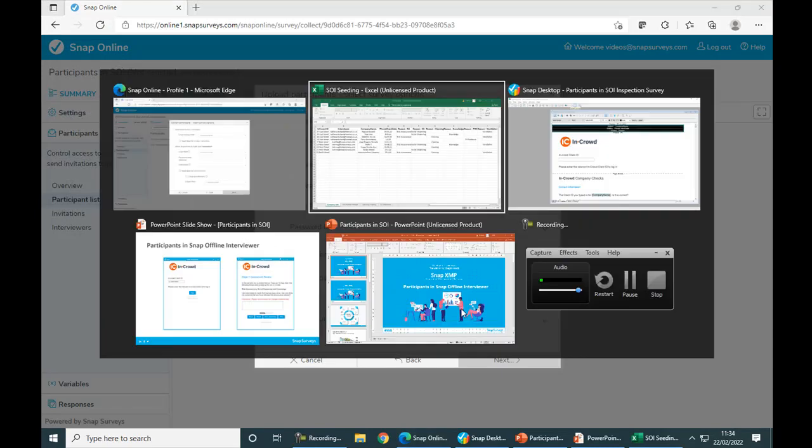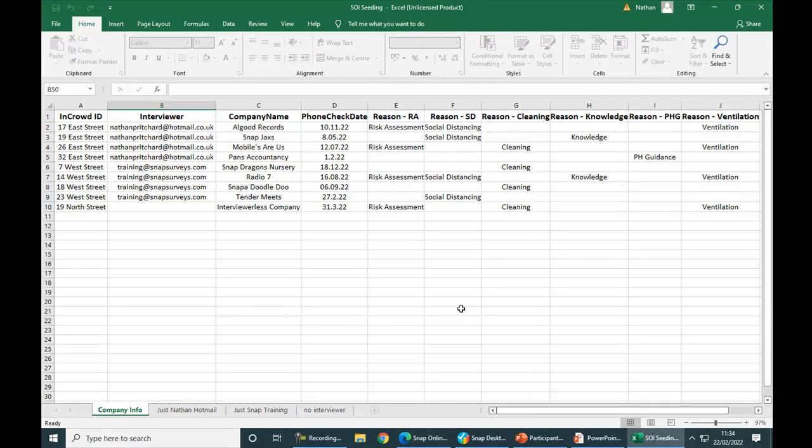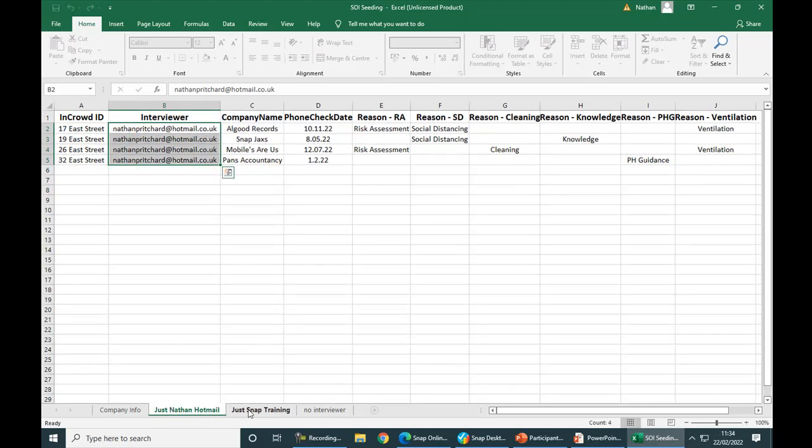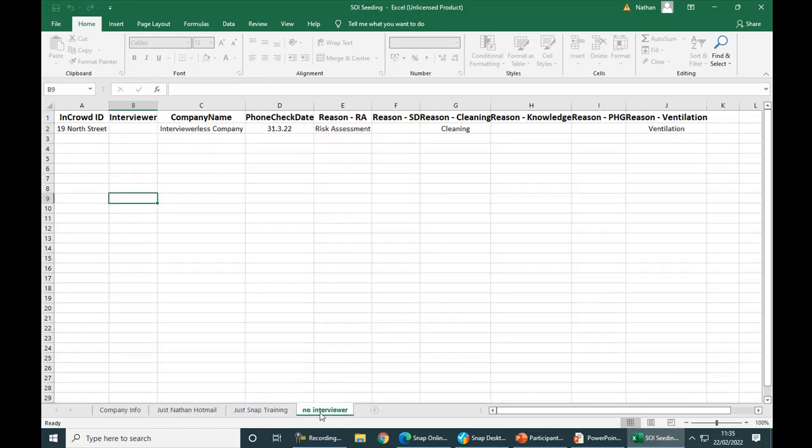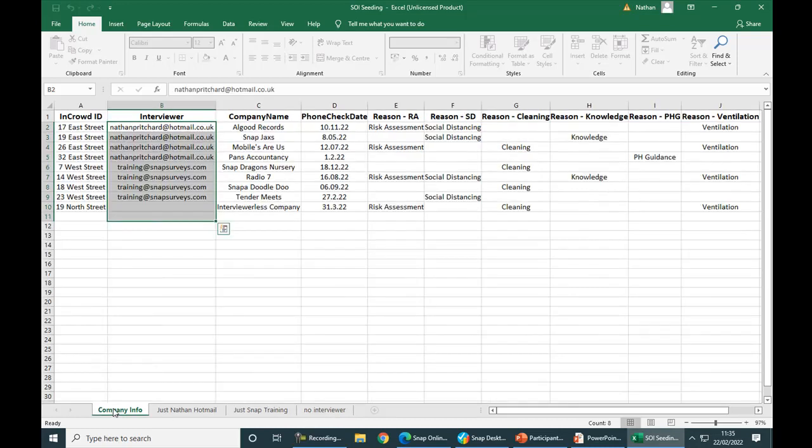If I just head back into my spreadsheet a moment, today I'm going to be making use of just one worksheet, the Company Info worksheet, which has got all my interviewers on here today. You could instead have separate worksheets for your different sets of interviewers. This idea of having separate worksheets might be useful if you were perhaps uploading new participants on a weekly basis. But as said, today I'm just going to make use of worksheet number 1.